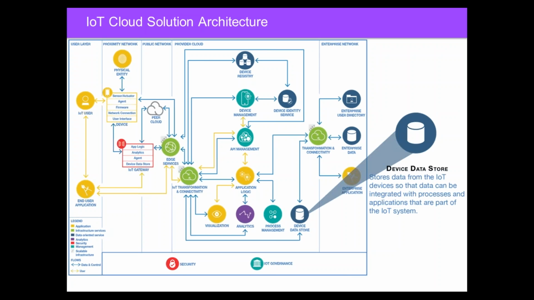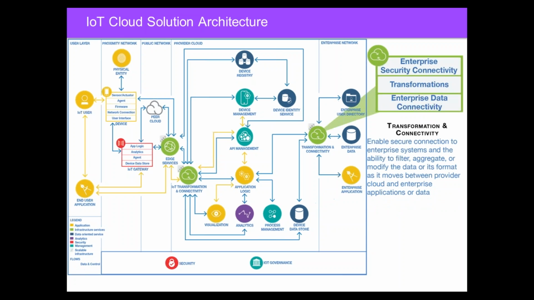So if we move to the next slide, this is the device data store, and this is what I was alluding to before. This may be multi-tiered. It doesn't necessarily have to just be one kind of data store. You may decide to keep a lot of the readings you get off the device at a certain level of granularity, and then over time I may move it to a less expensive storage. It could be block storage. It could be different types of storage depending on what you're trying to do, and trying to get to the least expensive for the long-term storage, but I may need quicker access to things for the short term so that I can do local analytics and do it real time.